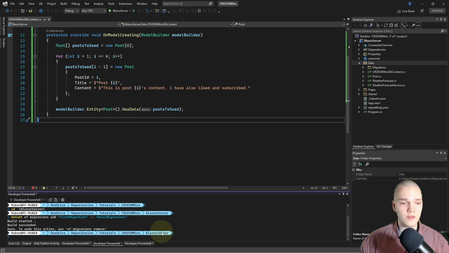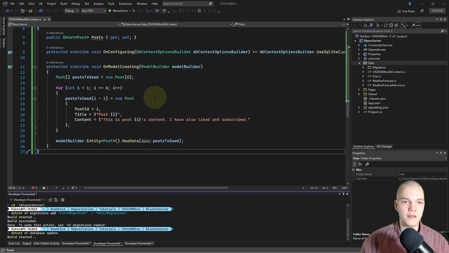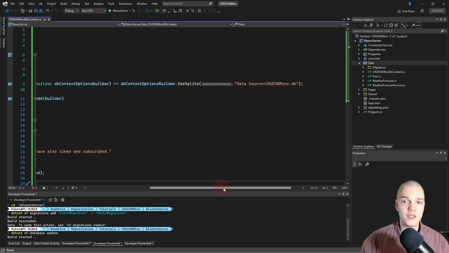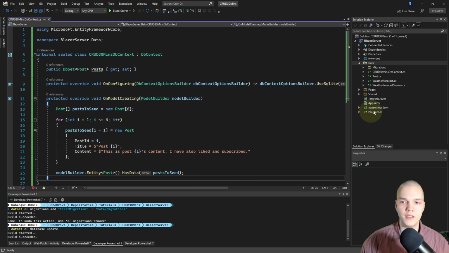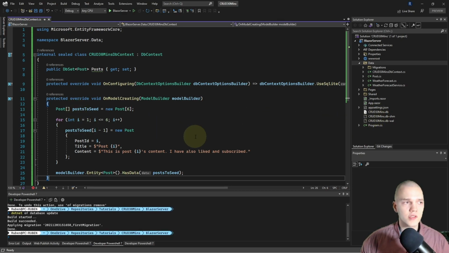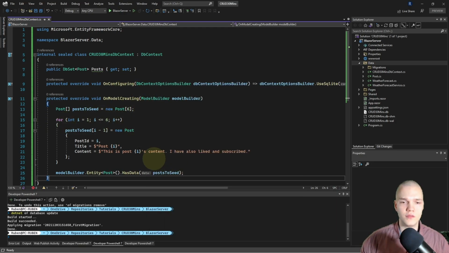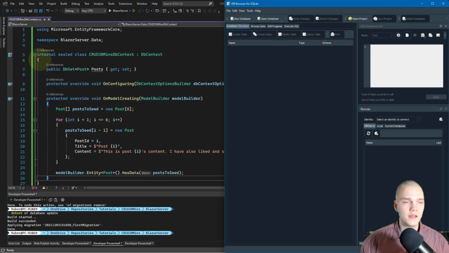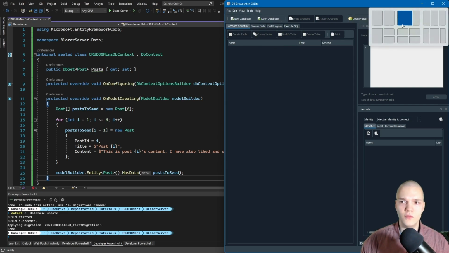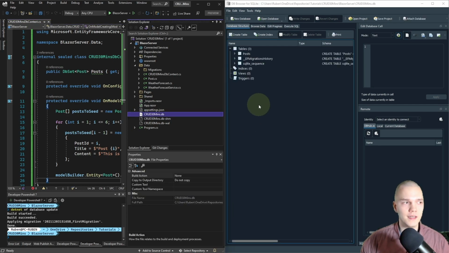Right, so now to generate the database, I'll do dotnet ef database update, and that will generate a database in the location of the data source we specified. So that will be the project root here. And there we go. And I'm just gonna open it in a Database Explorer software, so DB Browser for SQLite, and I'm gonna split the view with Visual Studio and drag and drop the database in there.